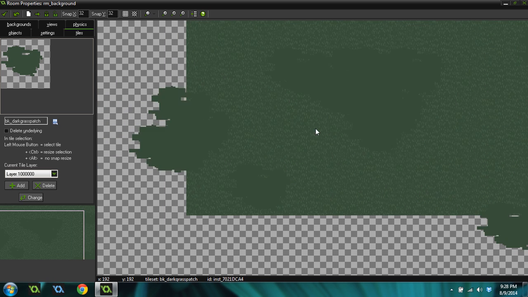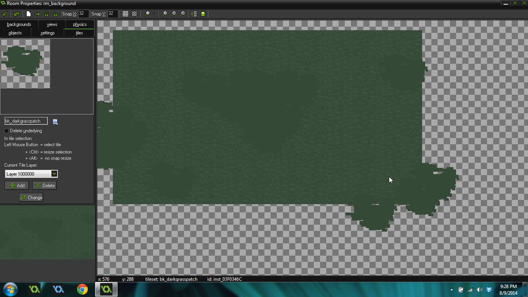Something this background needs is some more design to it at this point, because right now, don't I have delete underlining on? Okay. I need to hold control. If you hold control, it's a neat little trick. It won't grab the one under it, which GameMaker thinks I always want to grab. I know that functionality is important, but